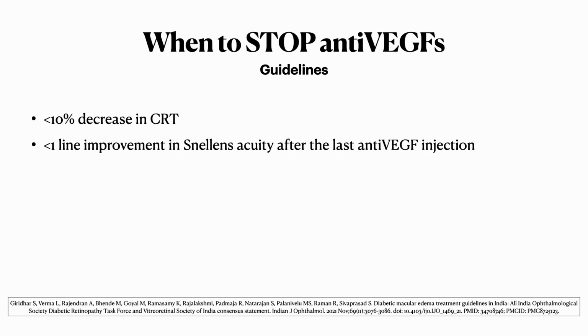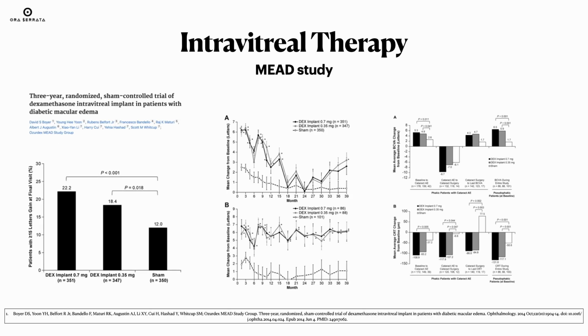So after we have started giving anti-VEGF injections, when do we decide to stop the treatment? Basically we need to look at two parameters, that is the central retinal thickness and the visual acuity gain. So if there is less than 10% decrease in central retinal thickness or less than 1 line improvement in Snellen's acuity after the last anti-VEGF injection, then we should stop the anti-VEGF treatment and counsel the patient that there might not be further improvement in visual acuity even after further anti-VEGF injections, and the patient can be put under observation. So after anti-VEGF injections, let us come to the